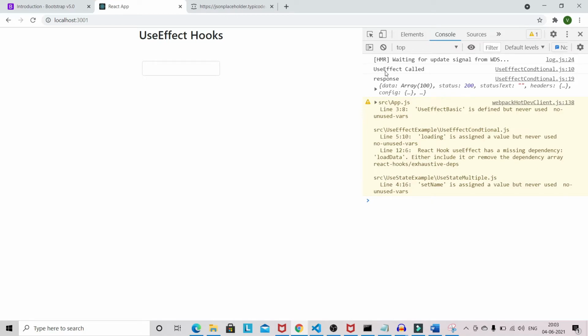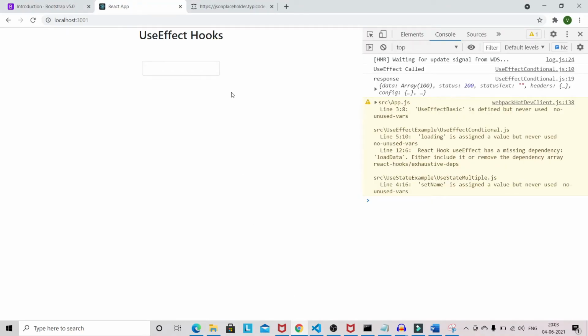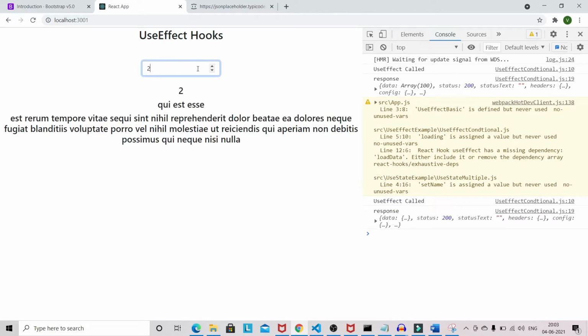So you can see the useEffect is getting called for the first-time render. Now this useEffect is called only when we have the ID. So you can see that useEffect is getting called.